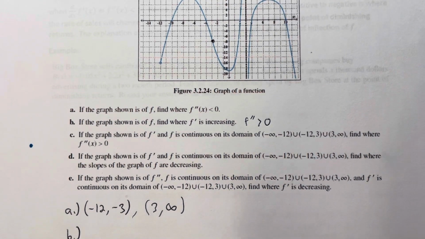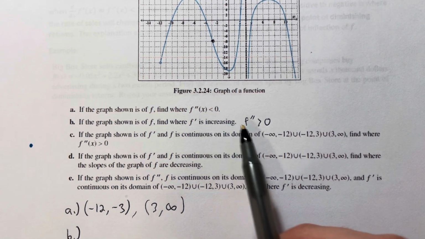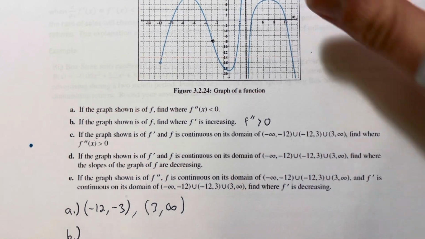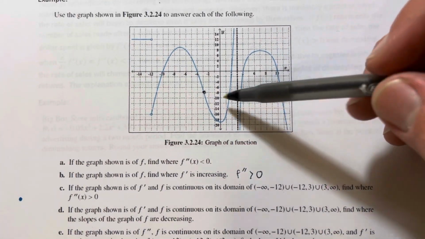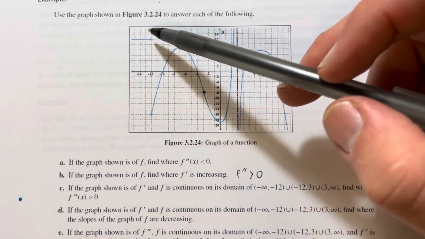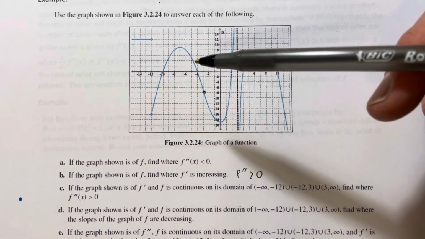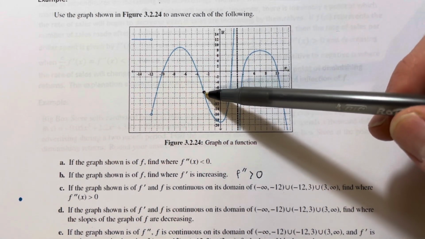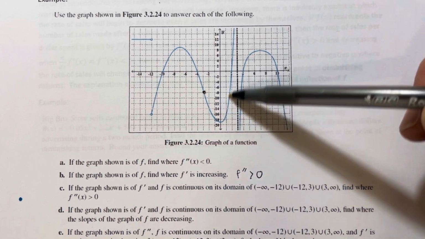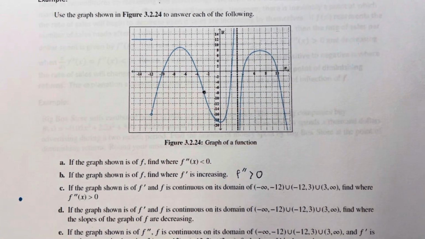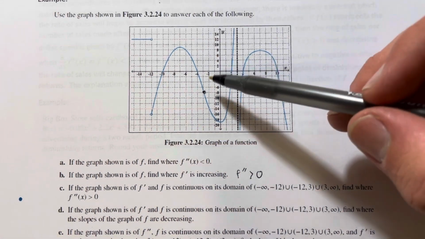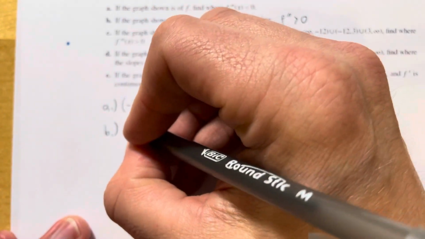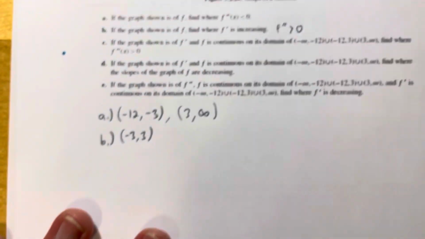Okay, but we just answered a similar question. Up here, we looked at where f double prime is negative. So we're going to answer this one in a similar way, except now we're looking for the intervals on which this graph is concave up. So notice over here where we have a straight line, we don't have any concavity at all because it's not curved. And we identified 2 places where the function is concave down. From that point of inflection to that vertical asymptote, we appear to have a concave up portion of our graph, and that's the only concave up portion that I think I'm seeing here. So from -3 to +3, our function is concave up,